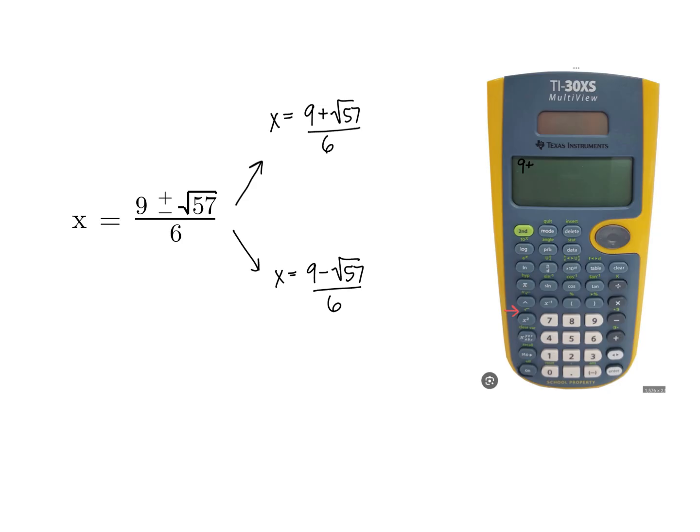To access that, we need to click the second button, and then that x squared button, and that is going to allow the square root symbol to pop up, and if it's in the correct mode, the parentheses should also be there. And you type in 57. From here, push enter, and you will see on your screen